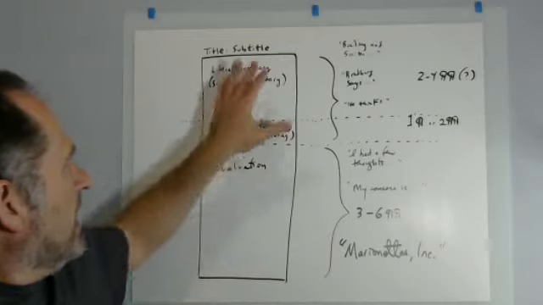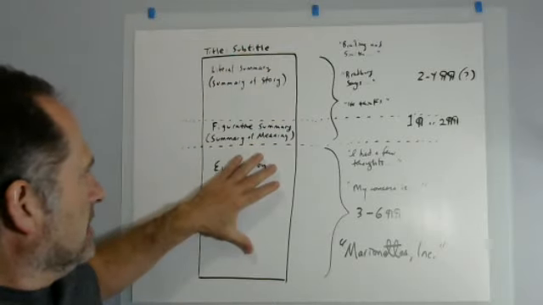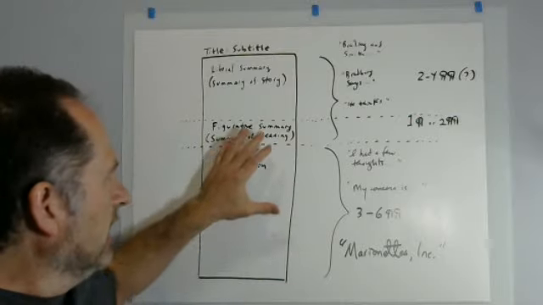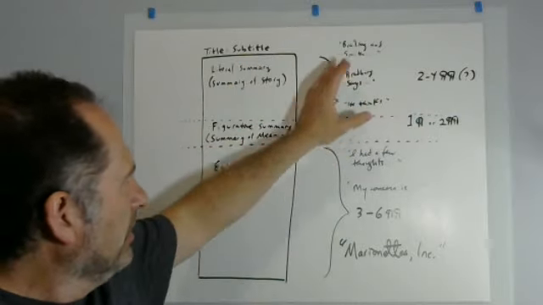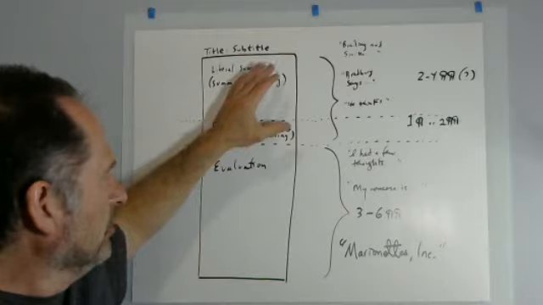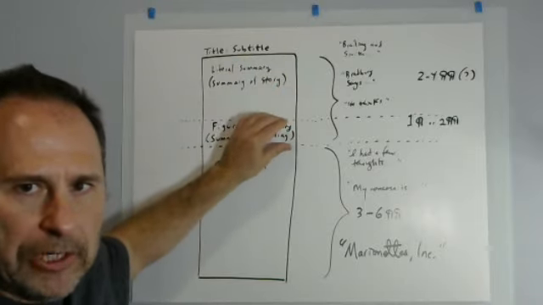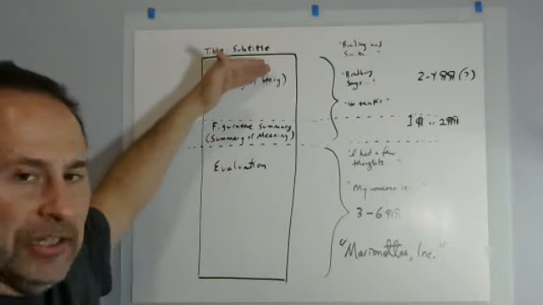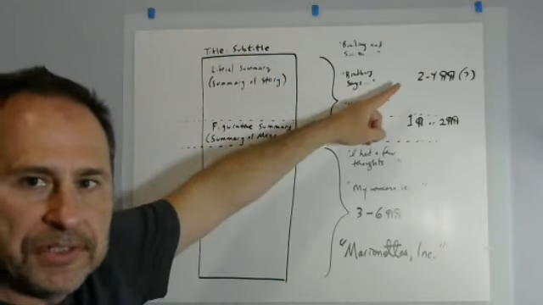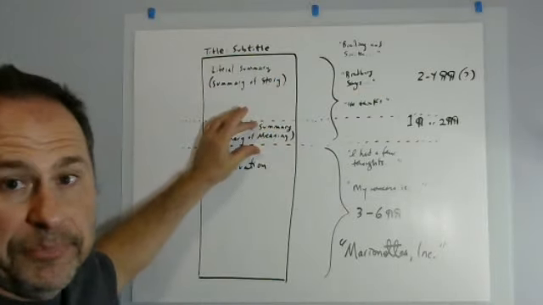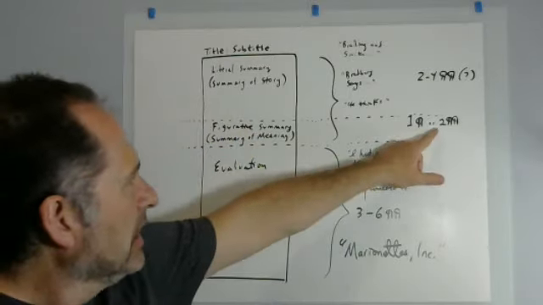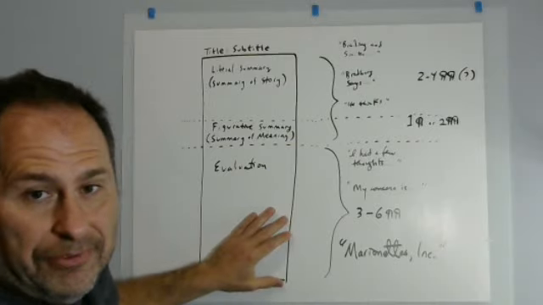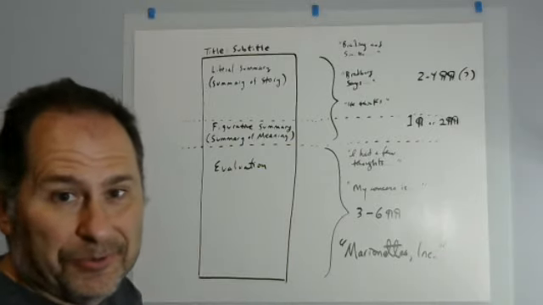So that's the basic three sections template that I want you to work with. And again, remember that you have paragraphs to put in there. Please don't just give me one paragraph here, one paragraph here, one paragraph here. As I said before, this top part here, the literal summary, could be 2 to 4 paragraphs. This one right here could probably be one, maybe two. That's why I have it there. And then this third part, I would say 3 to 6 paragraphs.